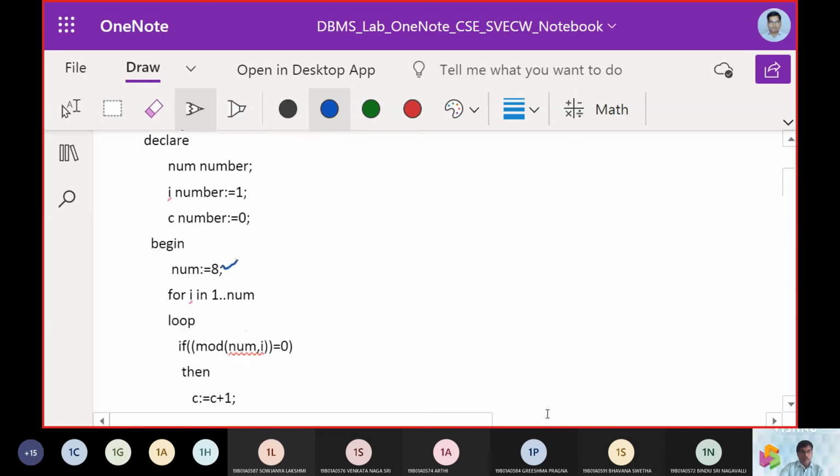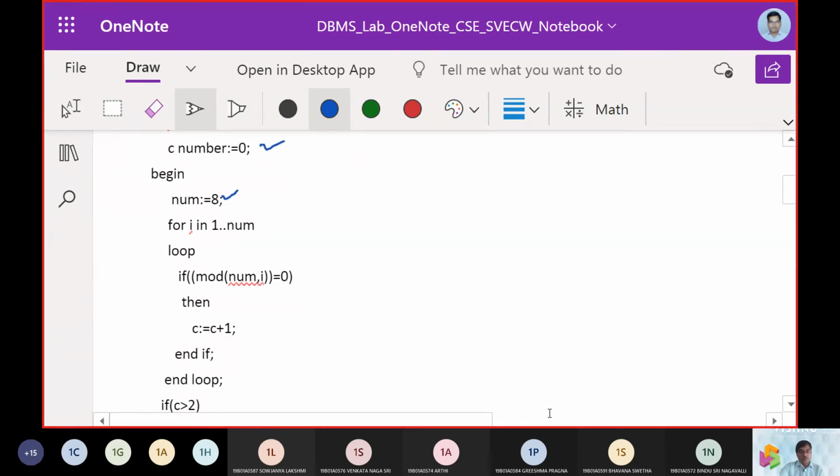What is the input here? We take up the number, initialize I to 1, and another variable C equal to 0. Here we are taking up the for loop: for I is 1 to number.